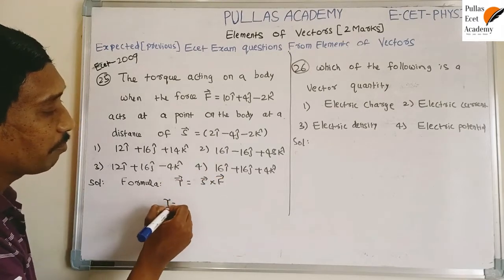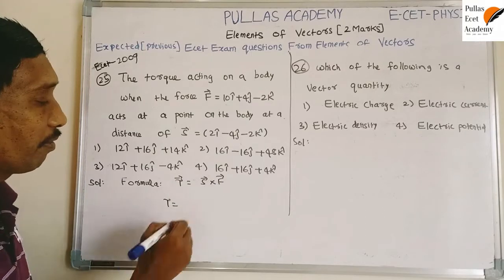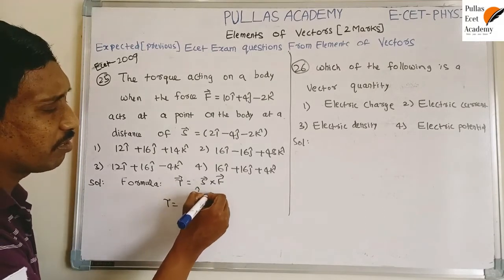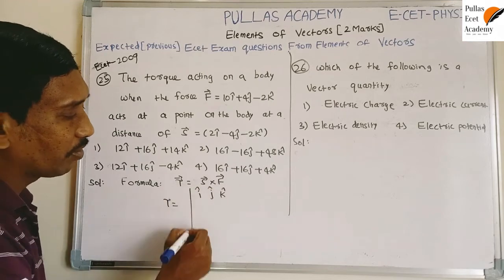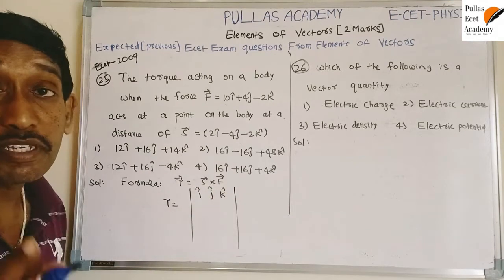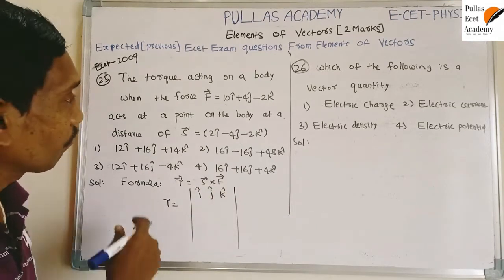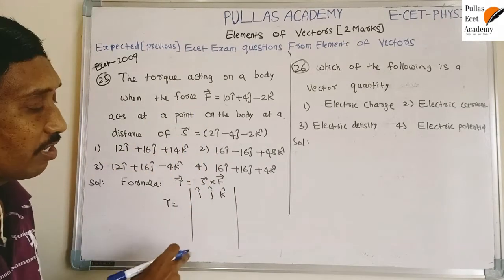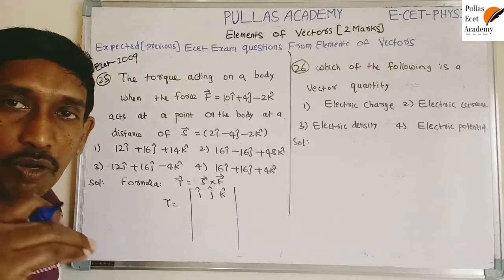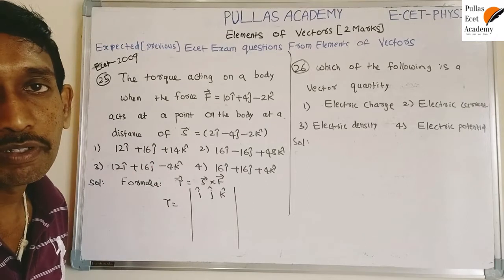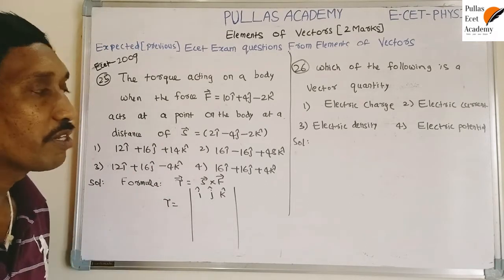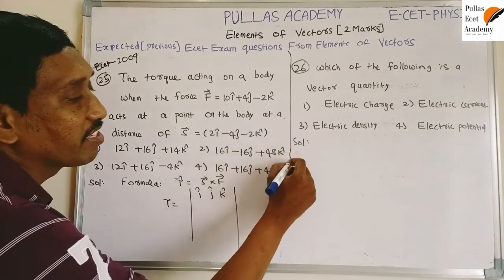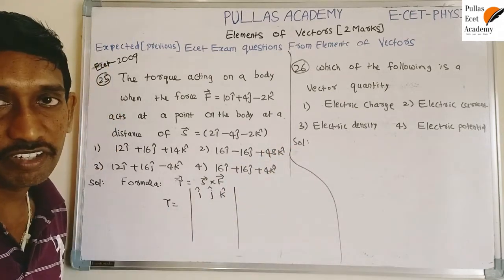Now we take the vector product. We know the procedure. From these previous question papers you have to understand that the vector product is repeated the maximum number of times. So many questions are repeated, that's why you have to concentrate on the vector product. How to find the vector product? By using the matrix determinant. It is most important and more times repeated in this area, that's why you have to concentrate.